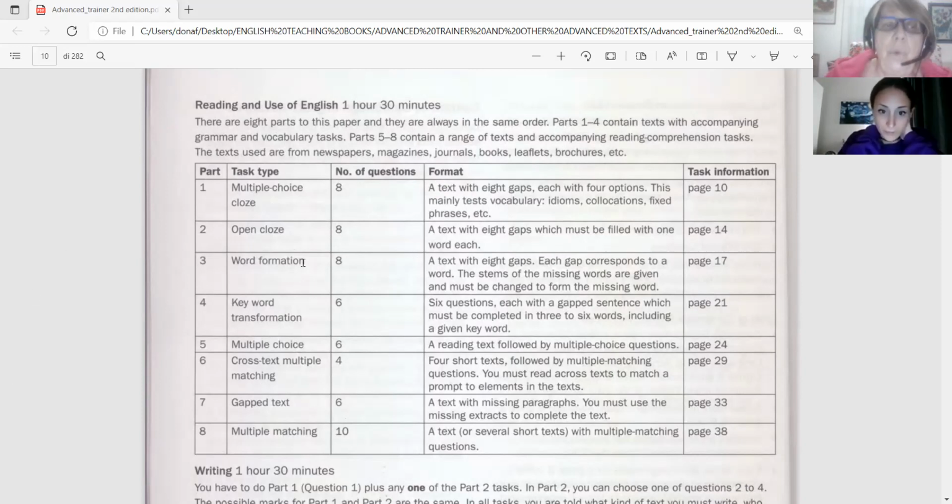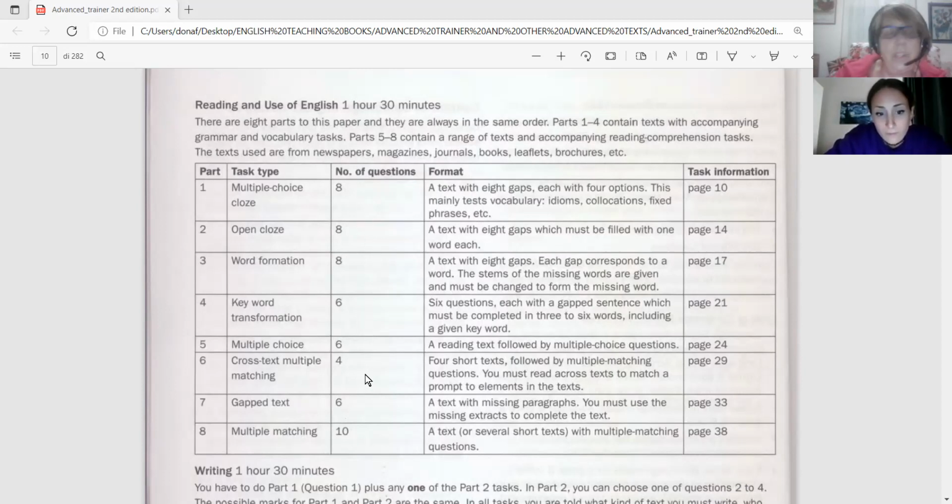Okay, so let's remember the parts. Part 1, multiple-choice cloze. 2, open cloze. 3, word formation. 4, key word transformation. 5, multiple choice. 6, cross-text multiple matching. 7, gapped text. And 8, multiple matching. These are not very long exercises, but not short either, because of course you say 8 questions,